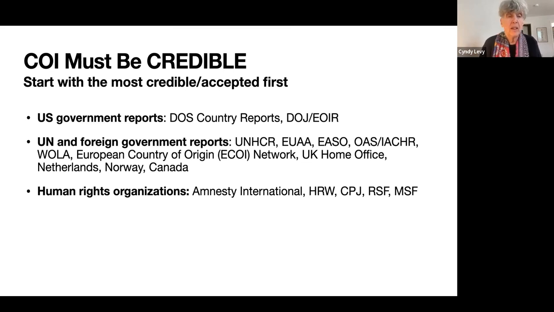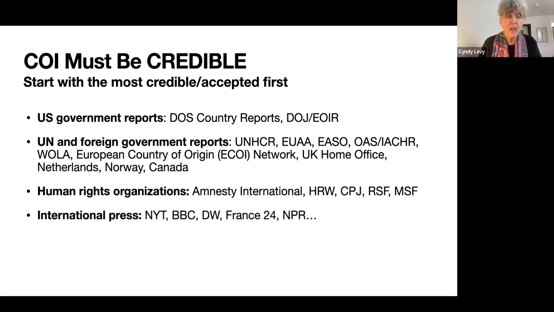These are all valid. Of course, going down the hierarchy, you have your international press, which we use a lot. New York Times, BBC, Guardian, Deutsche Welle, NPR, France 24, La Prensa, there are several. But you may also find articles and references in in-country press that is less known. Sometimes you may decide to use these. Sometimes they may guide your research